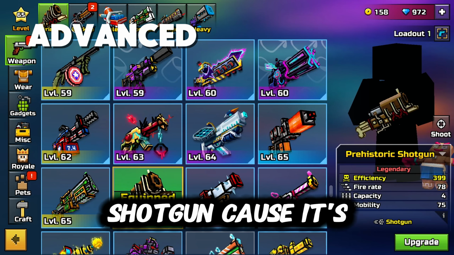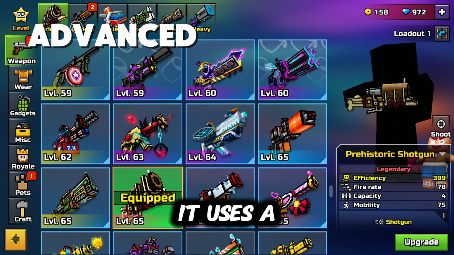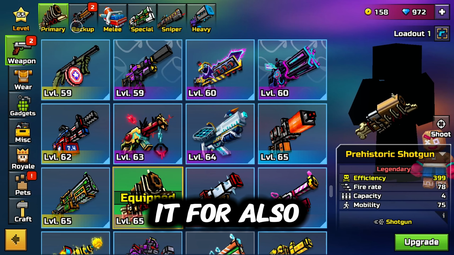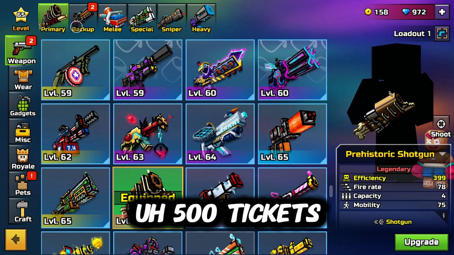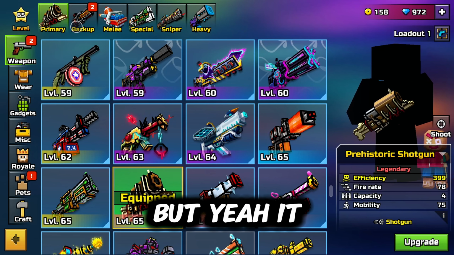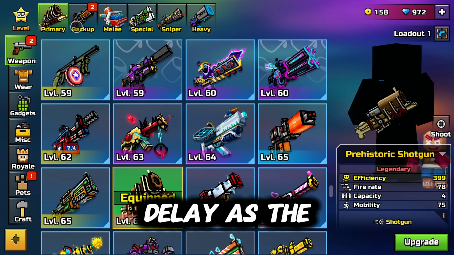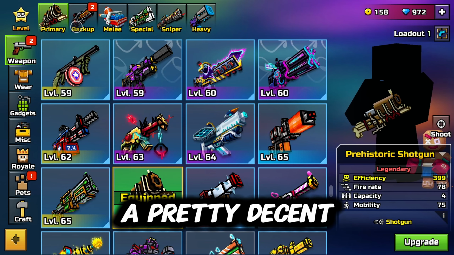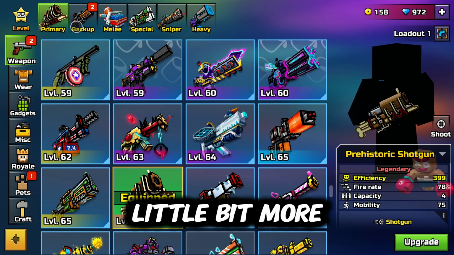I chose this shotgun because it's actually pretty decent. It deals a pretty decent amount of damage. It's not really hard to obtain. You can get it also for 500 tickets in the gallery. But yeah, it has input and output delay. It has the same delay actually as the ultimatum, if I'm not wrong, but it deals a pretty decent amount of damage. This is a little bit more advanced